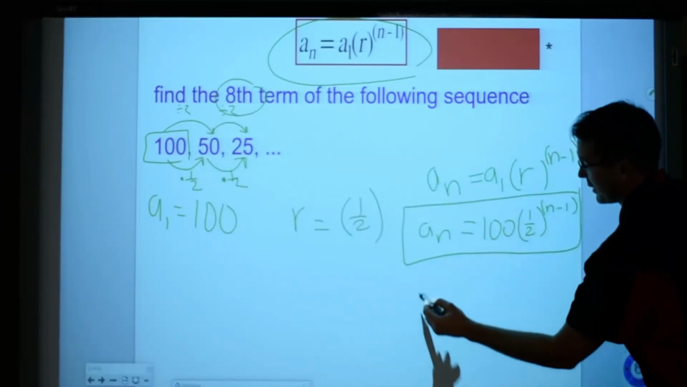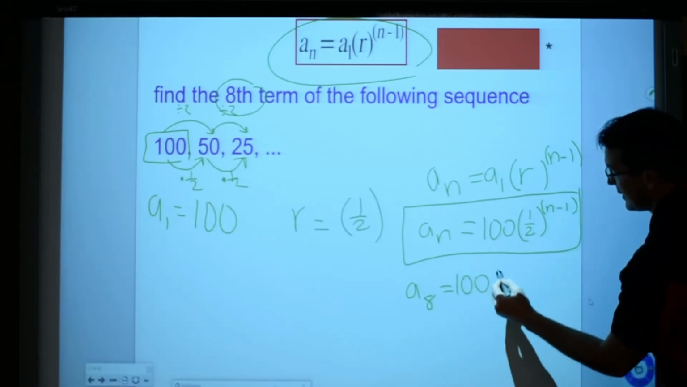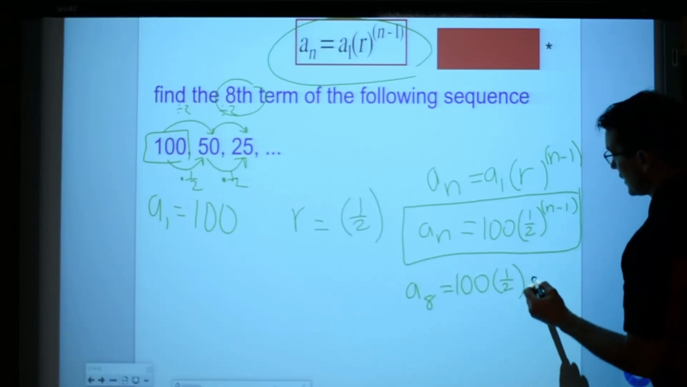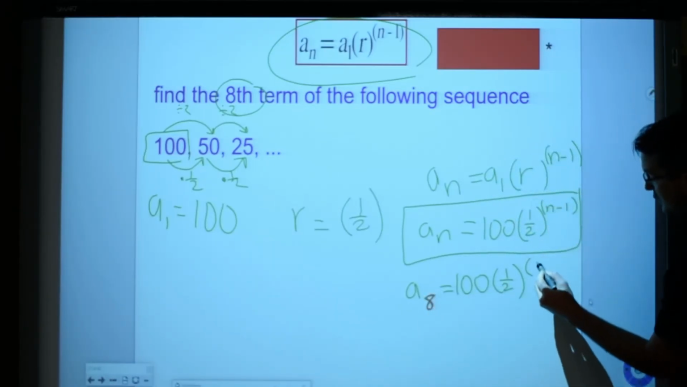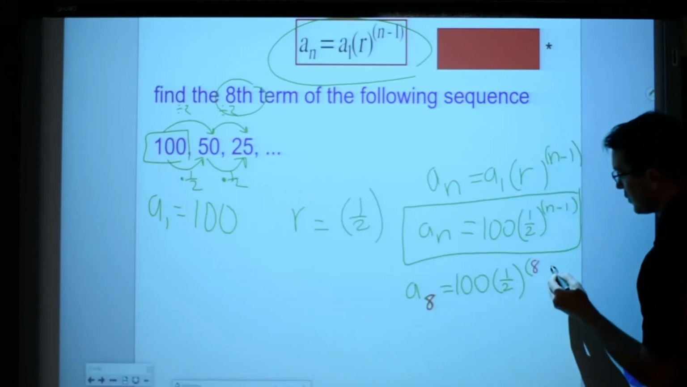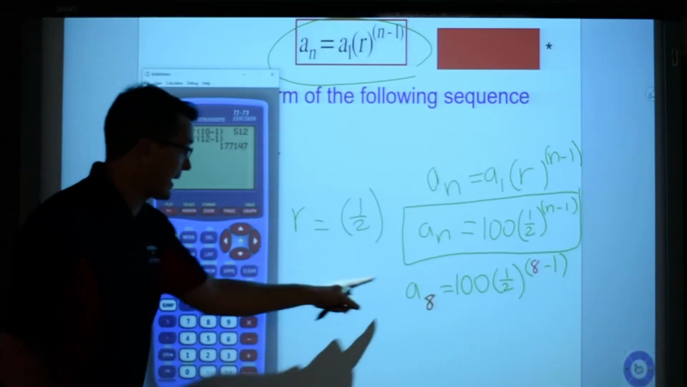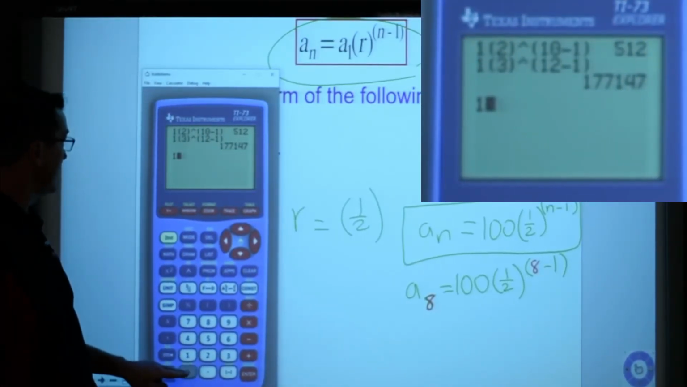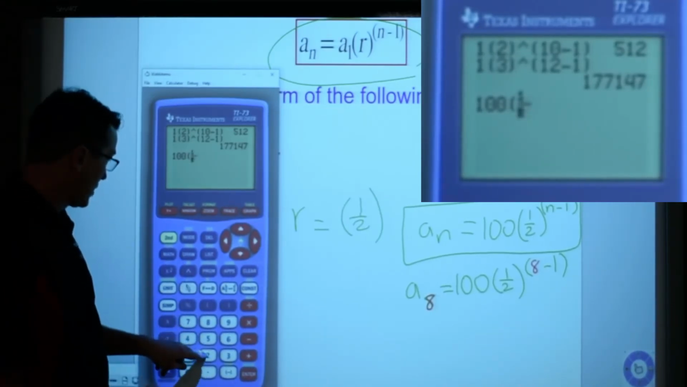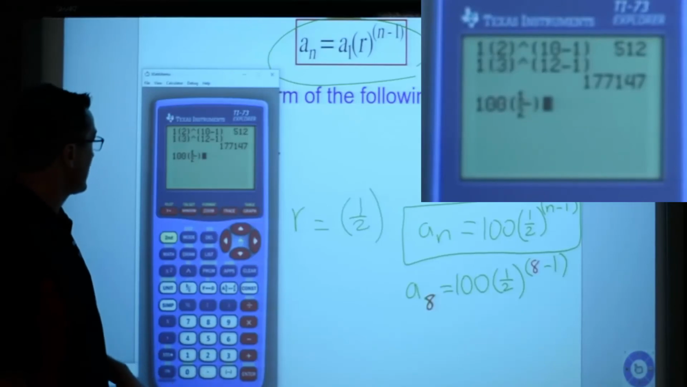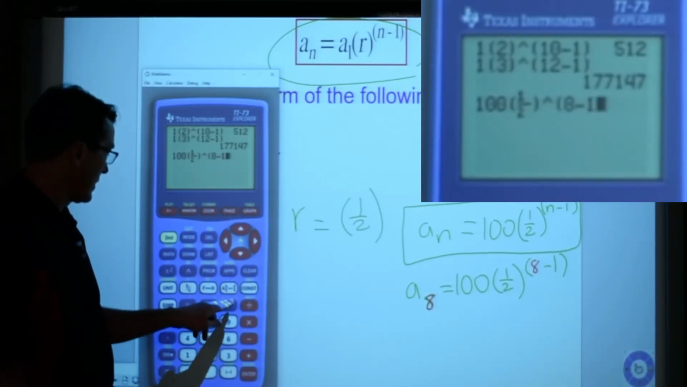But now I want to specifically find the 8th term. So I'm going to go a sub 8 equals 100 times 1/2. Everything's the same. The only thing I'm changing here now is I'm replacing the n with an 8. So the n gets replaced with an 8 minus 1. And now I can plug that into my calculator. I can't put a sub 8, but I can put the 100, parentheses, 1 over 2, close parentheses, and then a caret key's right here, and then that's parentheses 8 minus 1, close parentheses, and hit